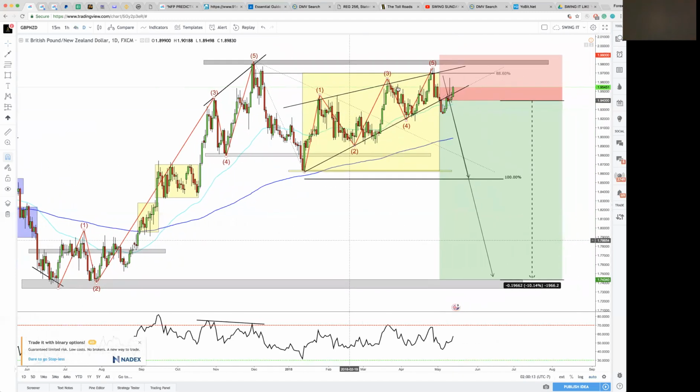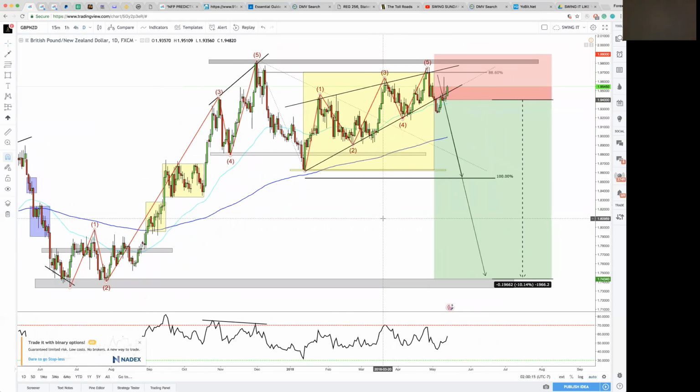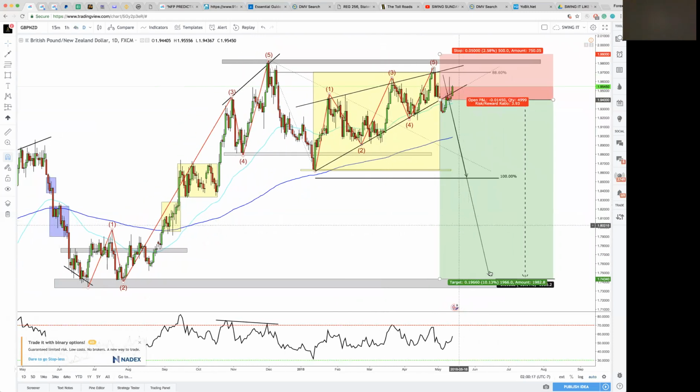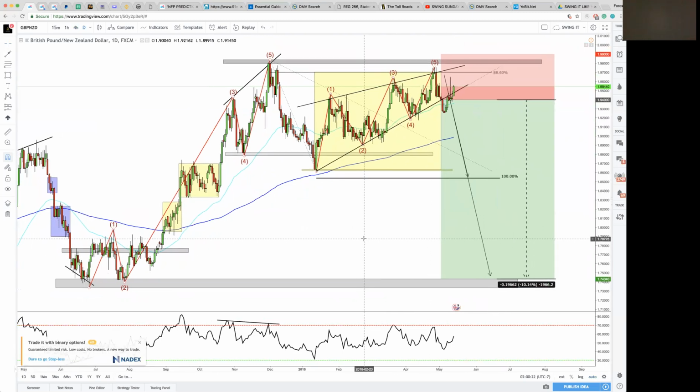But for now, all we have to do is wait patiently for around 1900 pips. So it's a big pip move. All you have to do is be patient a little bit. All right, next is